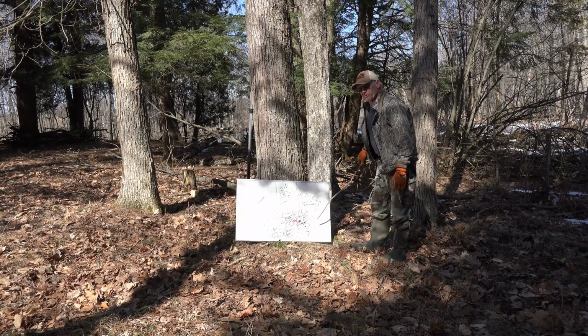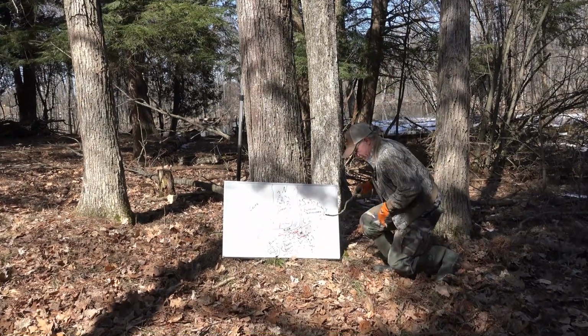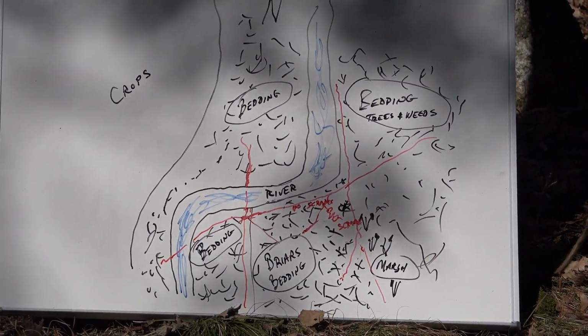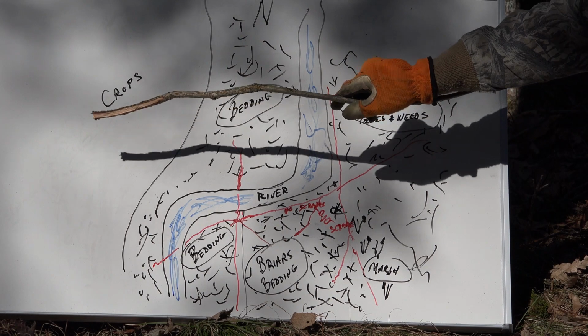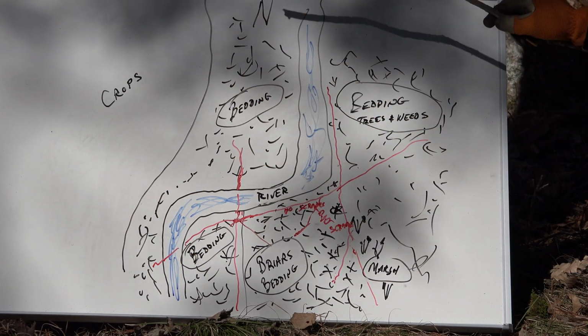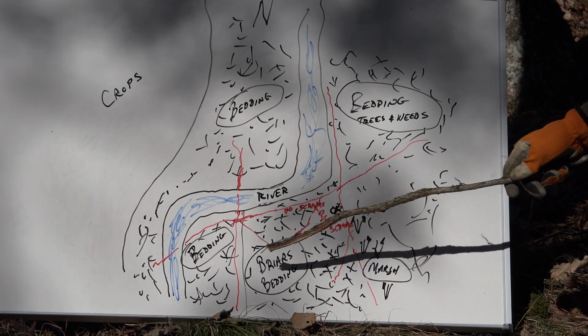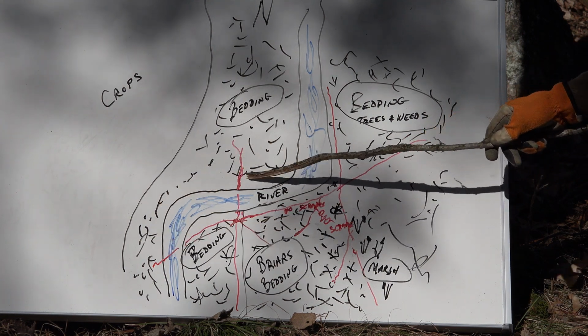I don't know how well you can understand this map. I'm not a big artist, so there's crop fields over here. There's a road over here. This is north. Every place you see on any of my maps where you see all these black X's, that's